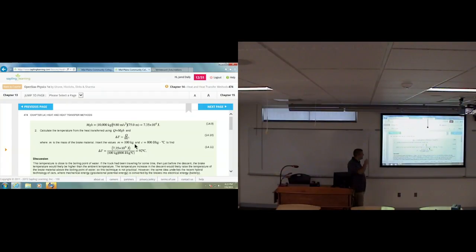So anyway, they're not using that 10% anymore. Or it should be right here. You should multiply this number by 10% and you would get 7.35 times 10 to the 5 joules. And with that number in here, in the equation where they rearrange the equation for the heat,